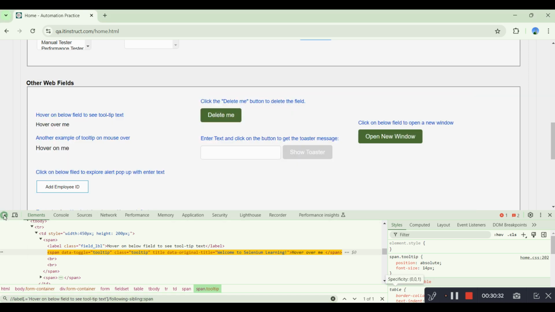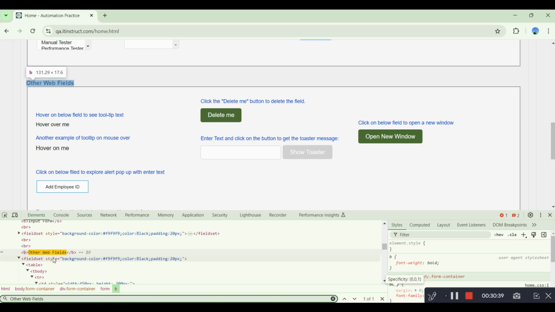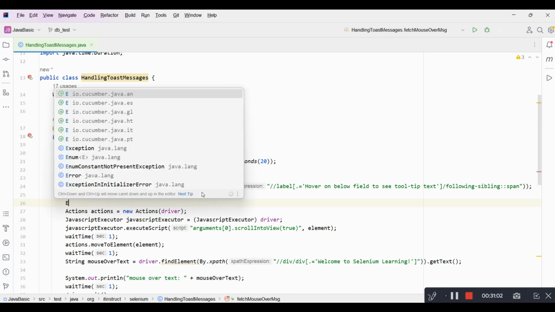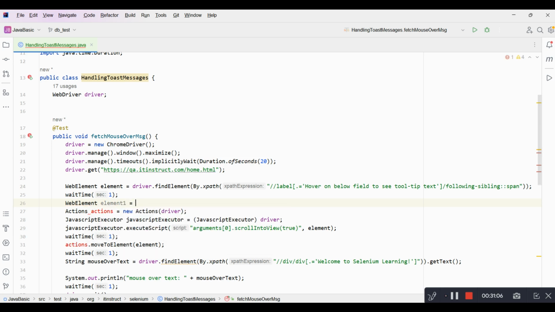I'll be creating an object of this particular other web field, and you can see this is the text. So this is the object where we'll be scrolling to this particular view, and let me create another element. So here I'll be creating WebElement 1 is equal to